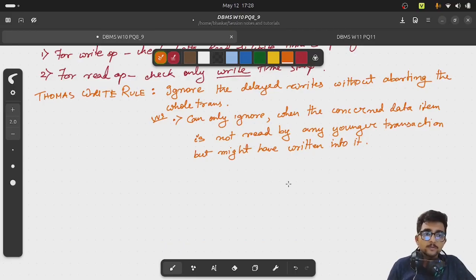Got the point? Some younger transaction might have written into it, but no